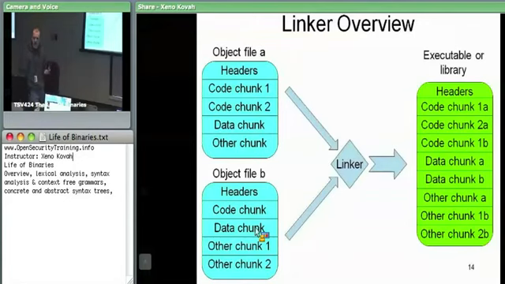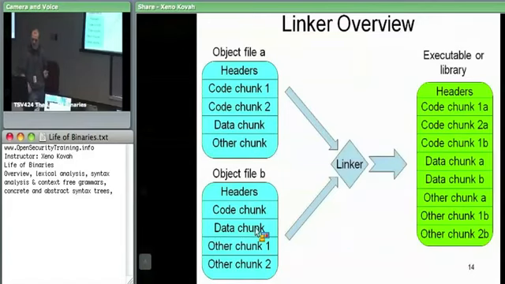It generates one final binary with its headers, all of the code mixed together, all the data mixed together. They're all mixed according to having the same permissions and things like that. We'll talk about that later. And so this is the basic job of the linker, is to take anything where references are unresolved within a single file, combine them together into a final file, and fix up any references to data which the individual files can find,